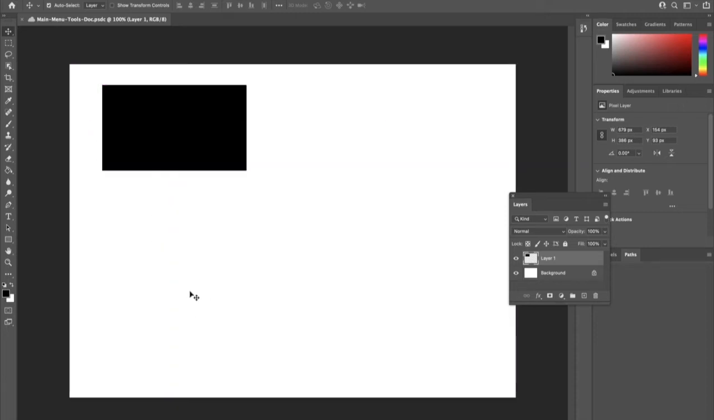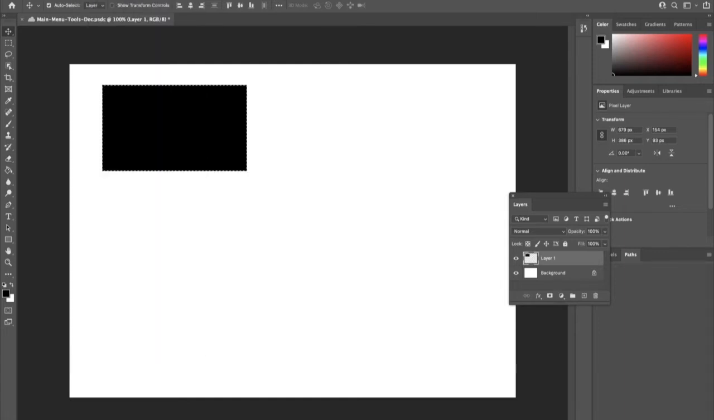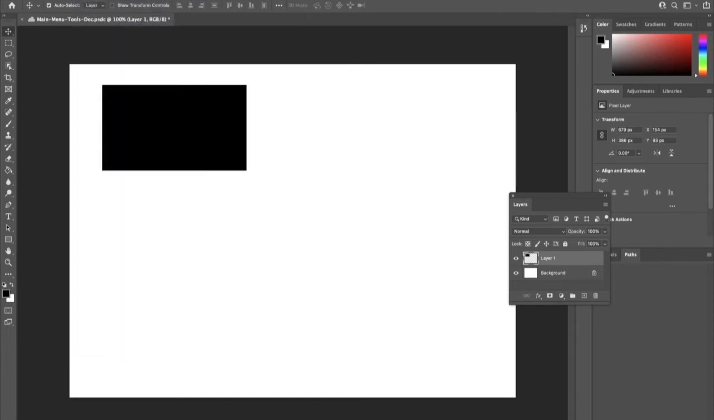All right, welcome back. So in this video, we're going to talk about the Edit menu. So if I click on Edit, you can see Undo Deselect. We can redo deselect, toggle the last state. We can copy, we can paste,